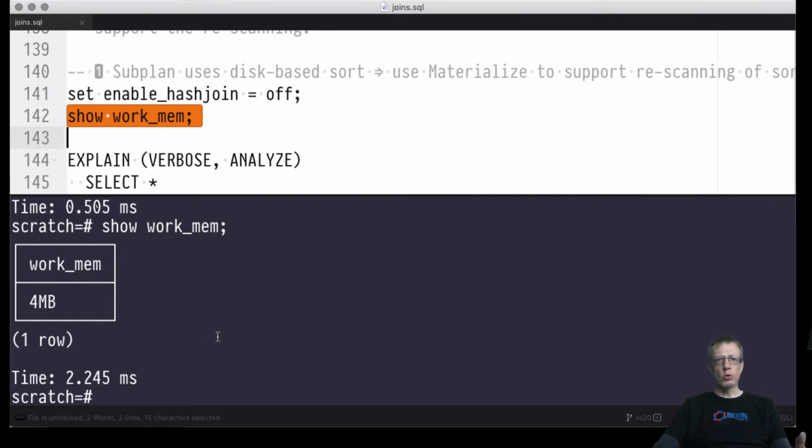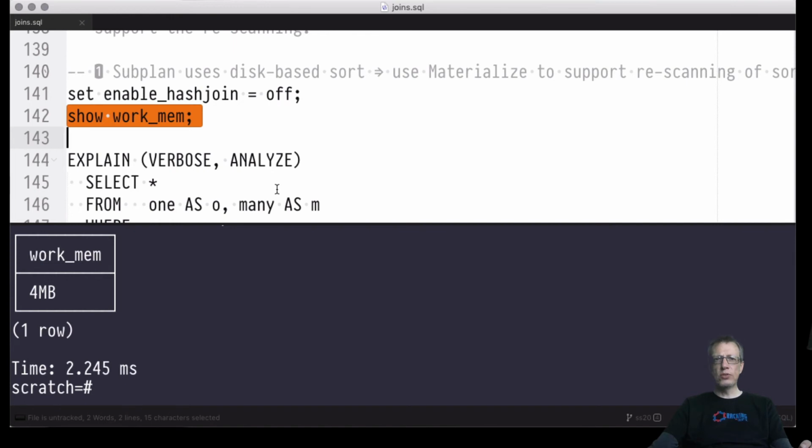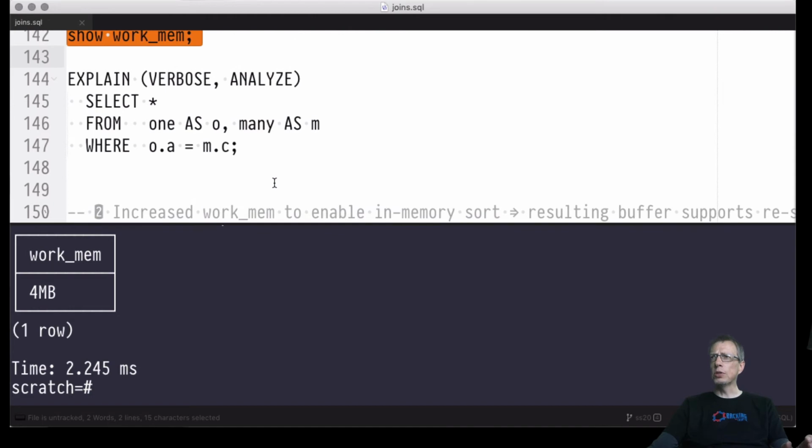4 megabytes is okay, but it's not considered to be super large. So for some operations, the in-memory work mem will not suffice, and we have to employ temporary disk storage. And this is, for example, the case for external merge sort. And if we look at this particular situation here,